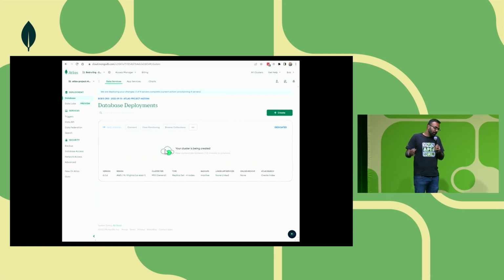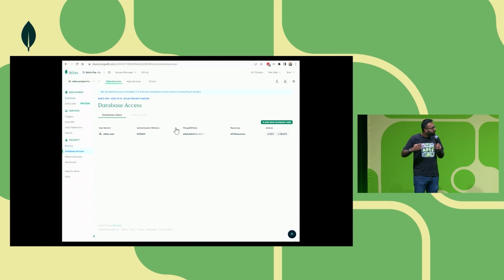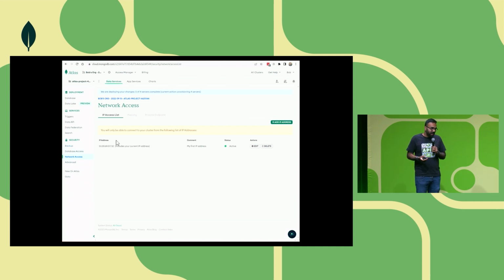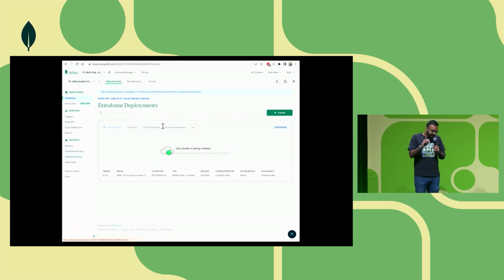But once we jump into the Atlas UI, which is what you see on the screen over here, the user interface, you can actually double check what we saw in CloudFormation. So looking at the database access tab, you can see that the database user has been created successfully. By looking at the network access tab, you can see that the IP access list that we added has been added successfully. And again, this is just that one command that we had, passing in that org ID and the IP access list.